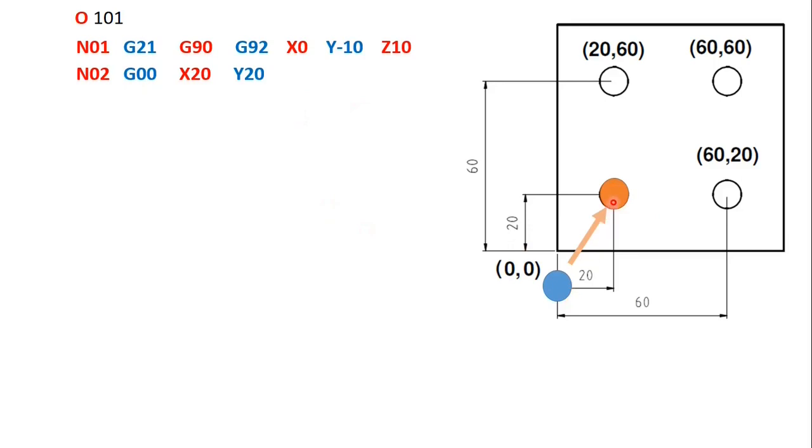Now what it has to do? It has to do the drilling operation. So to do the drilling operation, we have defined these coordinates. So G01 is nothing but linear interpolation. So slowly it will go. Okay. Plus it will do the operation also. What is G95? That is a specific feed rate given in millimeter per revolution. So this feed rate is 0.05. S is nothing but spindle speed, that is 1000. M03, it is in clockwise direction.